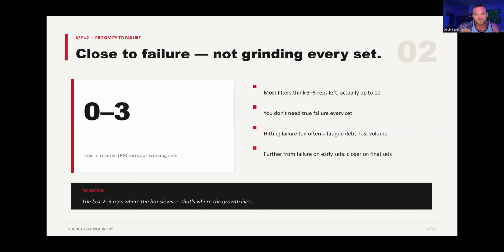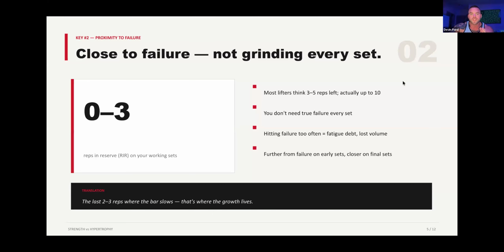Does that make sense? So from a practical standpoint, go to actual failure. Because yes, you don't need to go to failure, but you're probably not going to be anywhere close to failure when you think that you actually are. Okay. This is very similar to calories. If I told somebody who just started tracking their calories to eat 1,200 calories and they told us that they're not losing weight at 1,200, we would all tell them at the same time, you're full of shit. Right. So it's the same thing when it comes to strength.